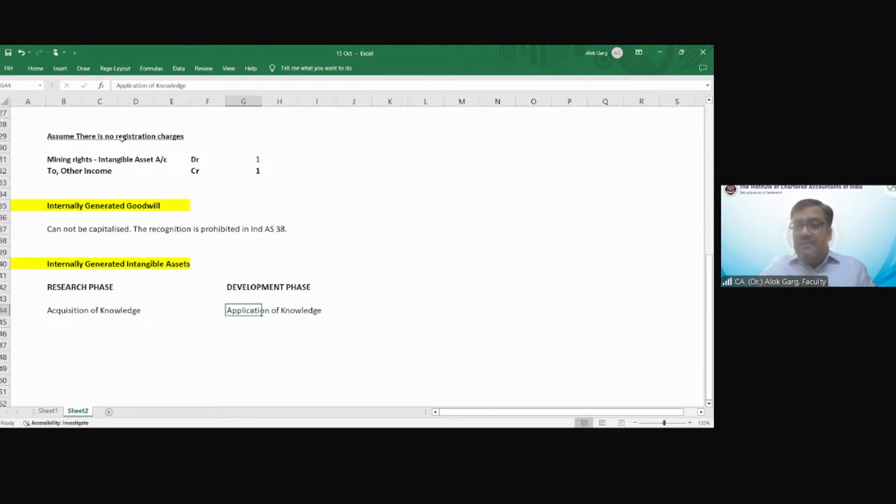So I have to develop my interview skills. I have to develop my communication skills. But the knowledge which is required for a chartered accountant, I have acquired. I keep on developing that knowledge. I keep on grooming that knowledge. Am I right? So friends, likewise, Ind AS 38 says that if you are generating or